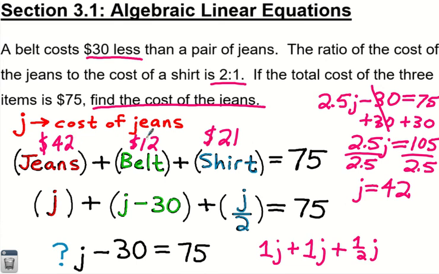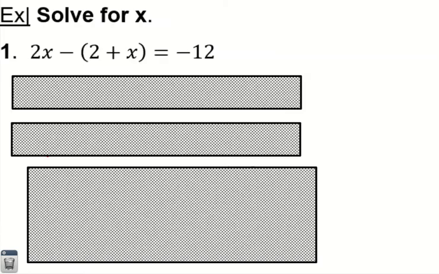Now do all three of these numbers add up to 75? 42 plus 12 is 54. 54 plus 21 is 75. Yep. Well, that was quite a word problem. So hopefully you understand that. That's how it's done, other than guessing and checking,